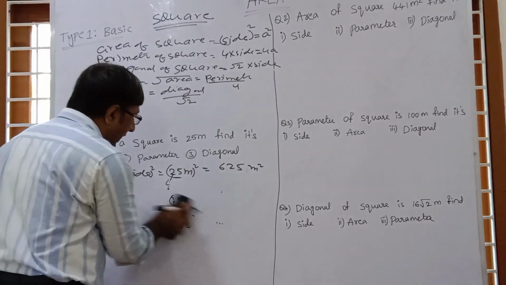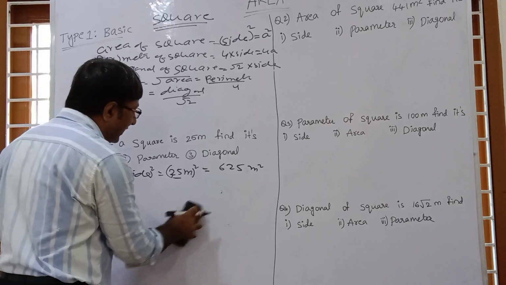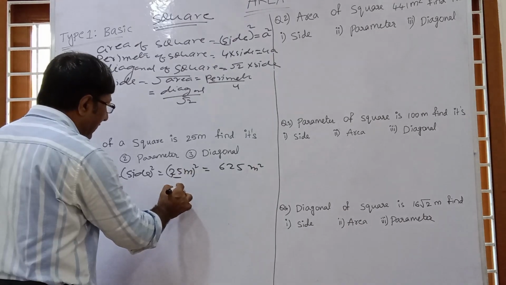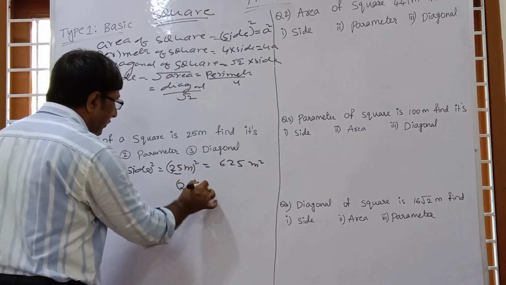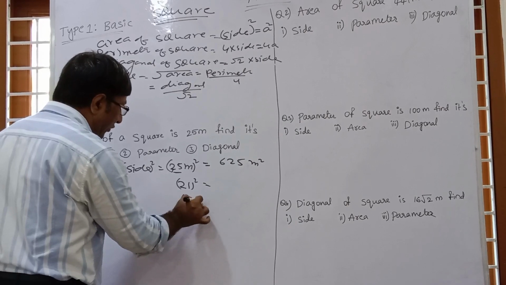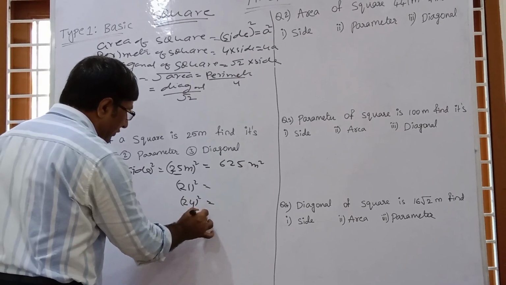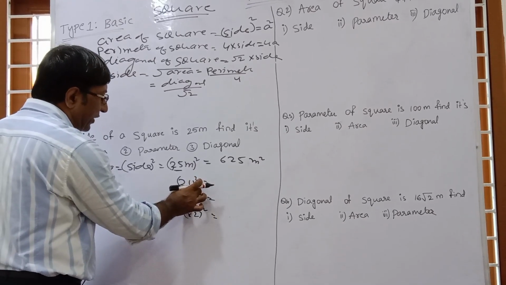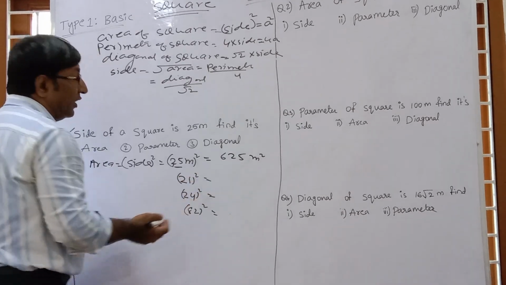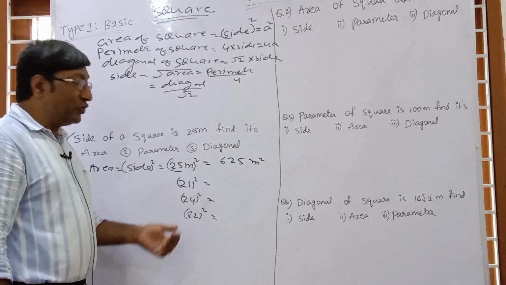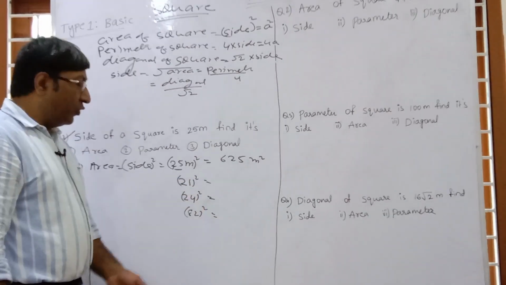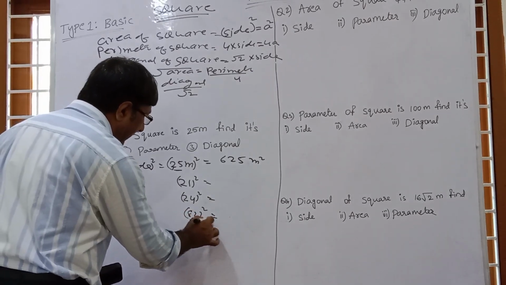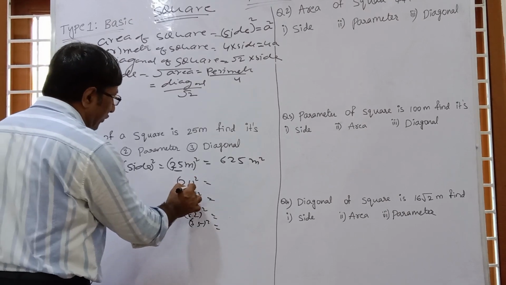Okay. And you see, we are explaining squaring again. If there is any number whose unit digit is not 5, just like you see here, the number is 21 square. And suppose your number is 24 square. Suppose your number is 82 square, right? So these numbers do not have unit digit 5. So how can we find the square of these numbers? You see here, this is the master formula. We can find the square of any number whose unit digit is 1, whose unit digit is 4, whose unit digit is 2, and whose unit digit is 5 also. We can use this by taking any number. So this is 21. So you take 1 and 2.